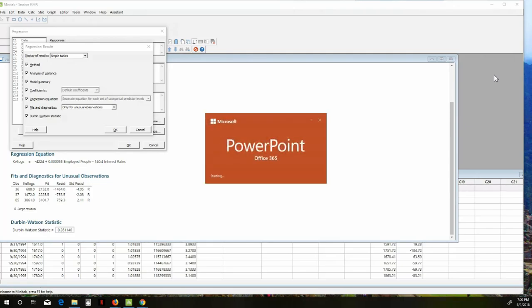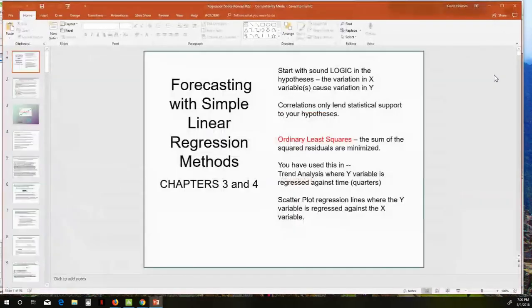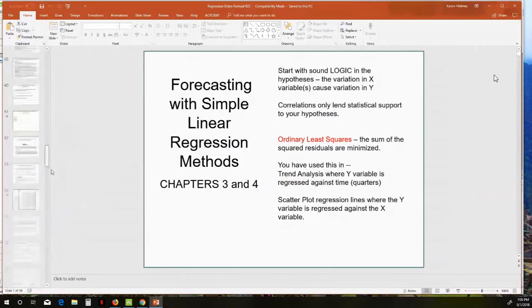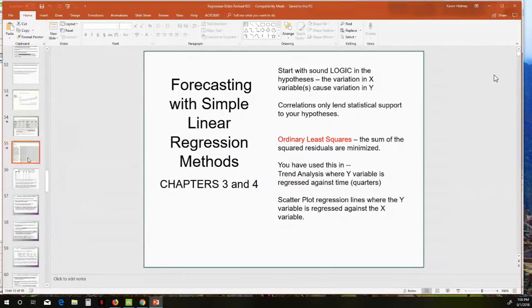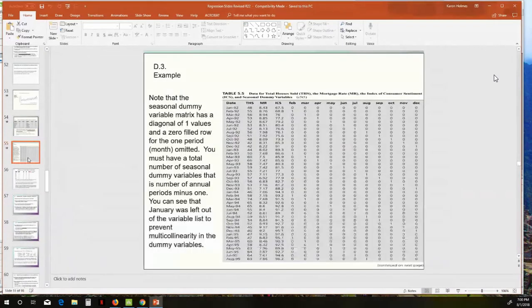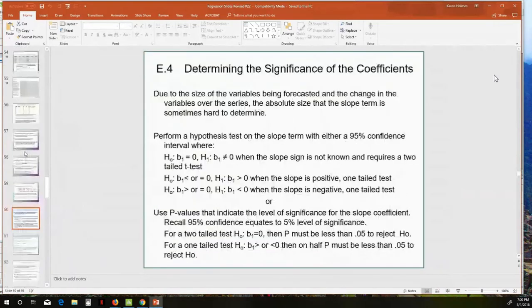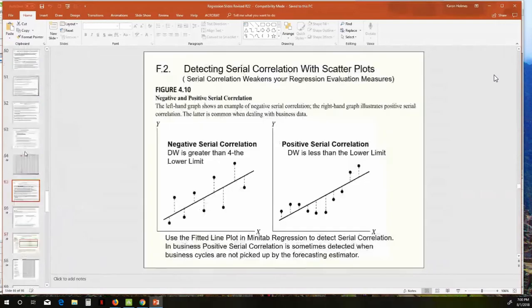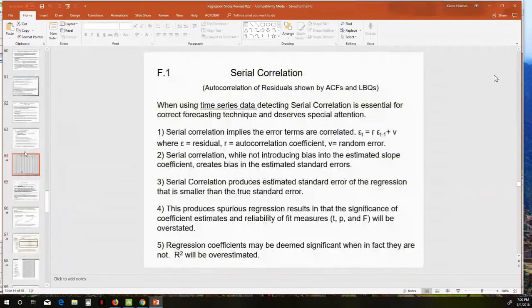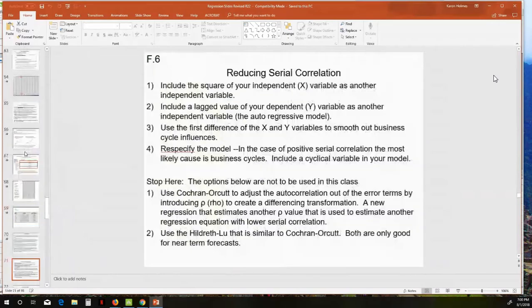Let me show you some regression slides, and we'll pick out the Durbin-Watson statistic table. The F statistic. And here is a Durbin-Watson